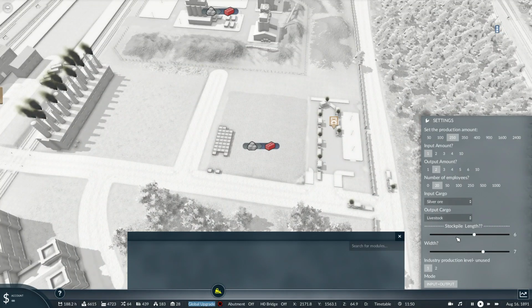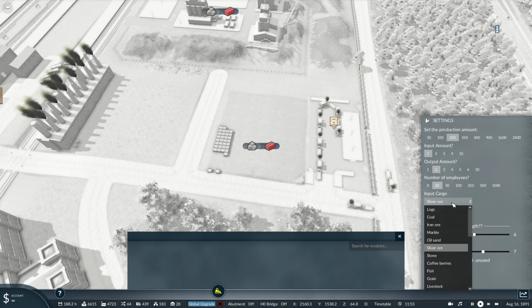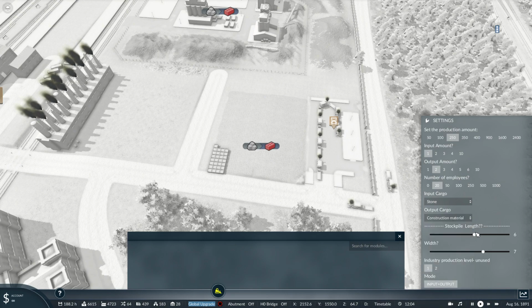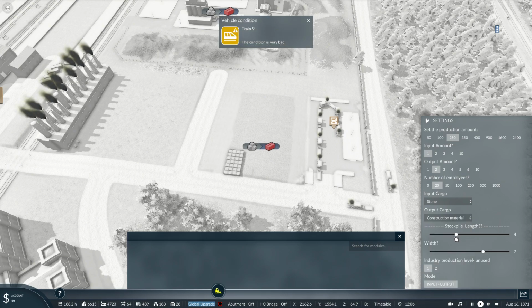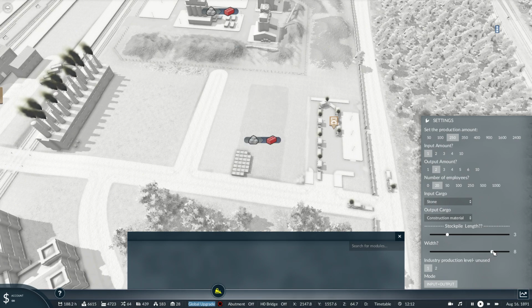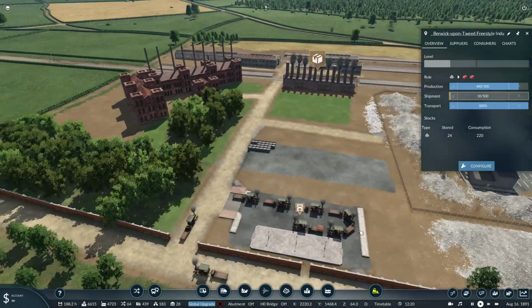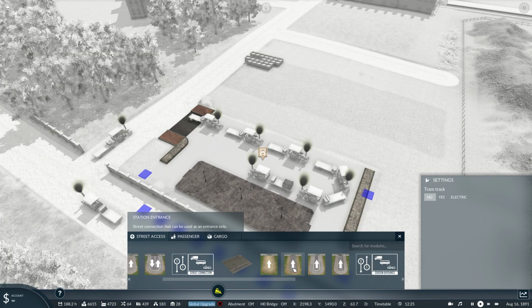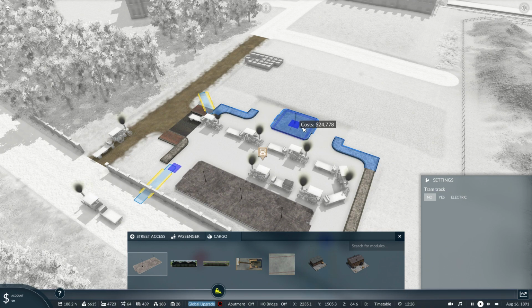Should be easy enough, because if I go ahead and change this to... Why is it taking in silver ore? Takes in stone and outputs construction material, but I make it narrower. Actually, I could make it longer that way. That does not really matter. There we go. That is one start, and the reason for that is then what I could do theoretically is, there we go,